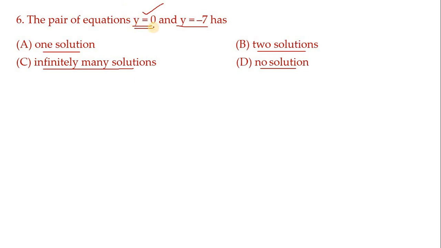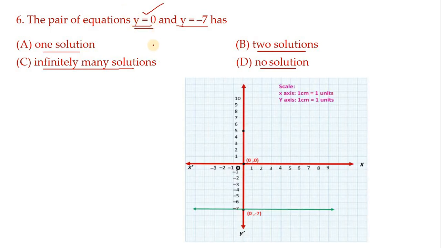So x coefficient is not given, means x also will be 0. So for this we are getting x also 0 and y also 0. If you draw the graph for 0, 0, it passes through the origin. Means like this. So this x-axis only is the line for this equation, y equals to 0.